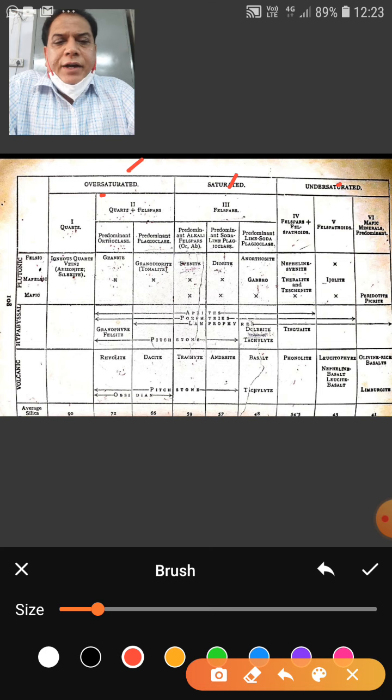Similarly, in column number 5, the rocks that are feldspathoid and feldspar rich, there we have nepheline syenite, and then volcanic equivalent phonolite, right? So these are the different ones. To the students of graduation, I will expect that they should at least remember all the names that are mentioned in this tabular classification, and try to remember every time whenever they study the next, or the higher classification of igneous rocks.